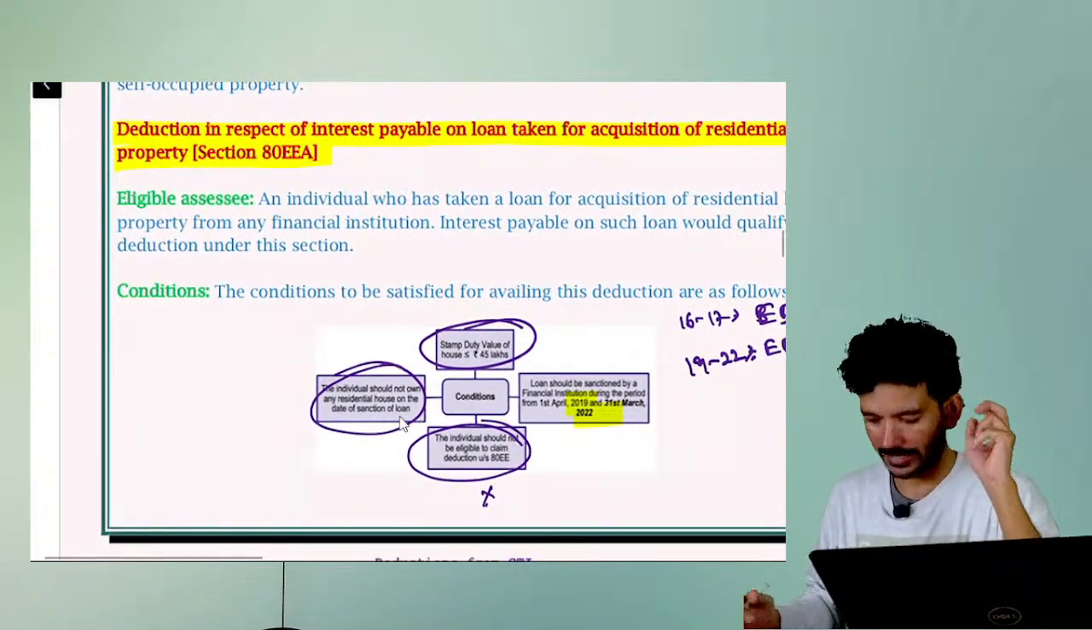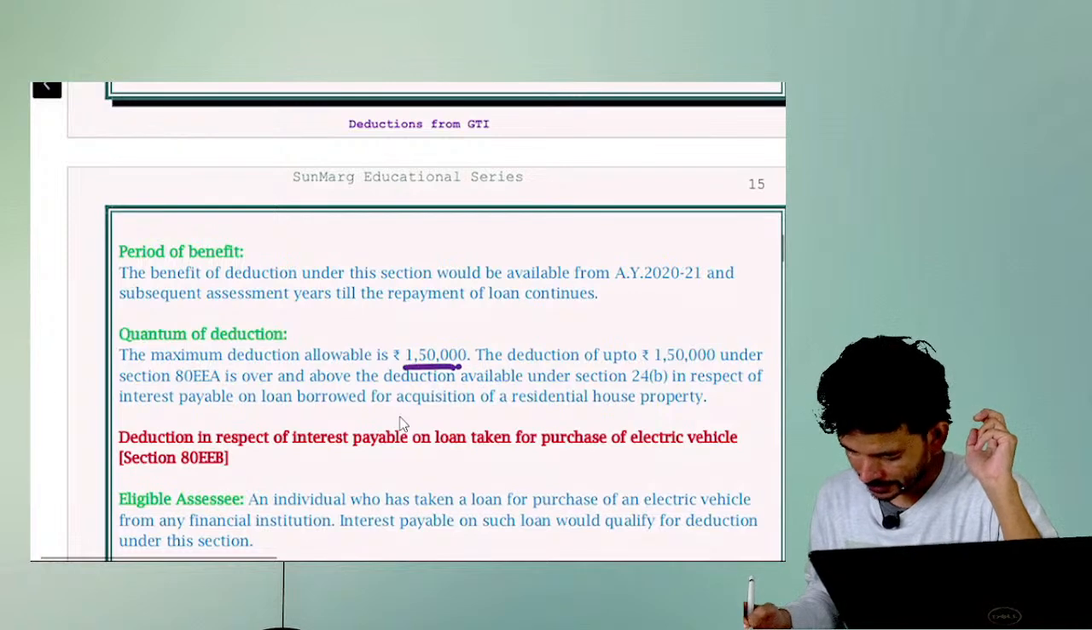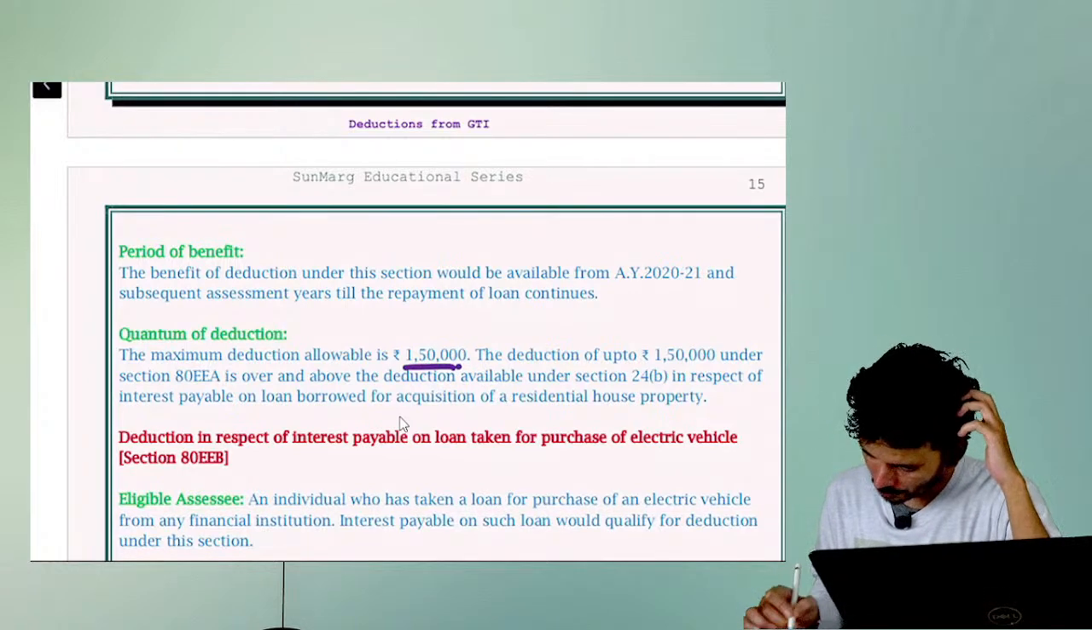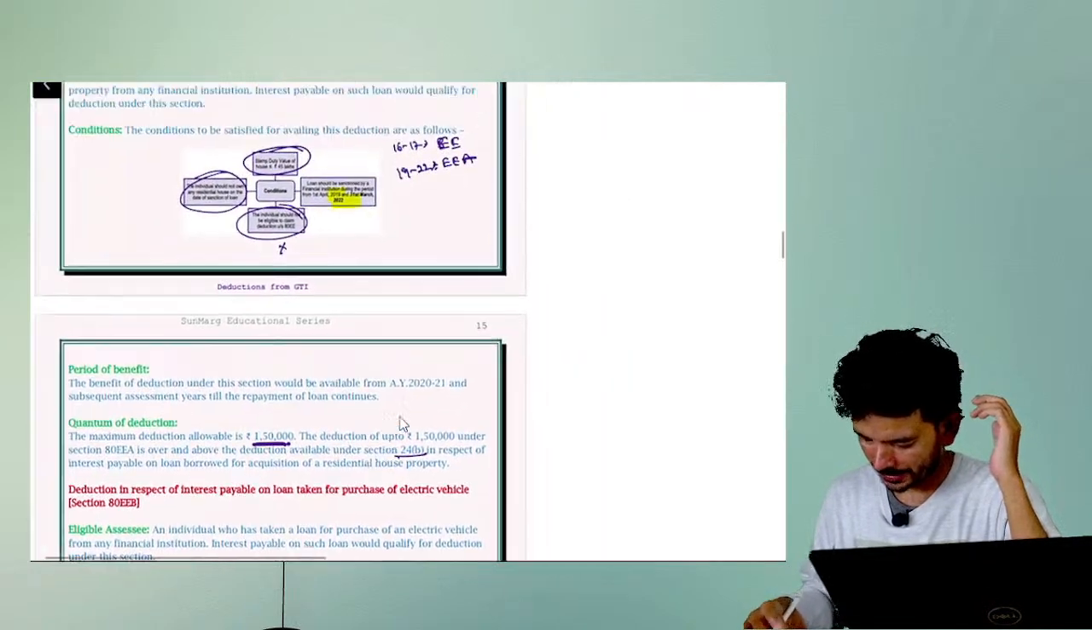So I hope it is clear now. This person will get 1.5 lakh. This is also again over and above your 24B section. So I'll just repeat it once